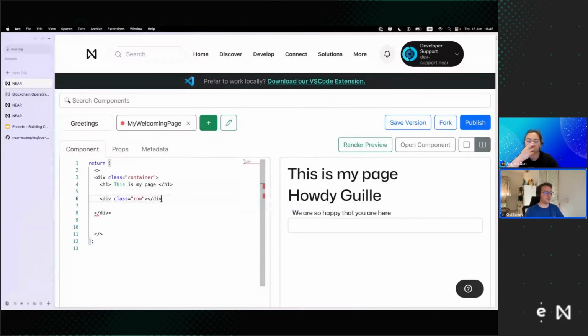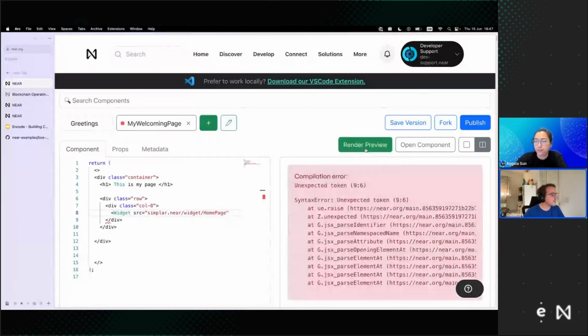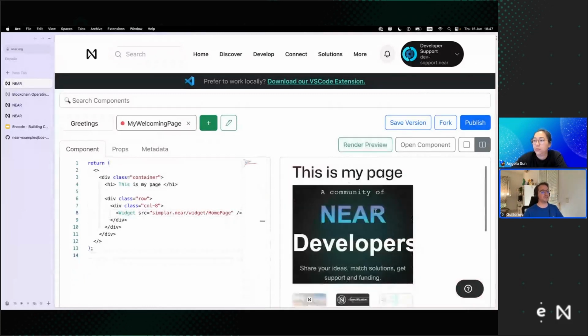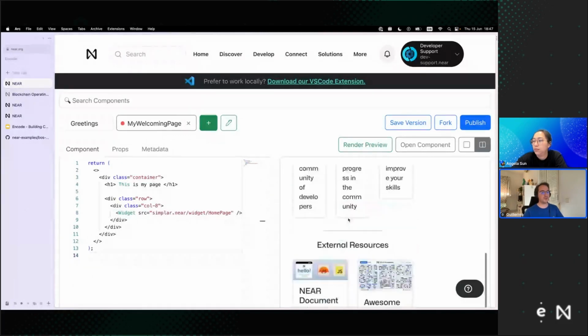This is again coming from Bootstrap. I'm not just inventing it on the air. You can use row and you can use the class column, which is also something that comes from Bootstrap. And here, for example, I'm going to bring a widget that I created before, which is one of my home pages, simpler.near/widget/home page. Now, if I render it, there is an unexpected token because I didn't close it. Perfect. Now, if I render it, you will see that one of the columns has